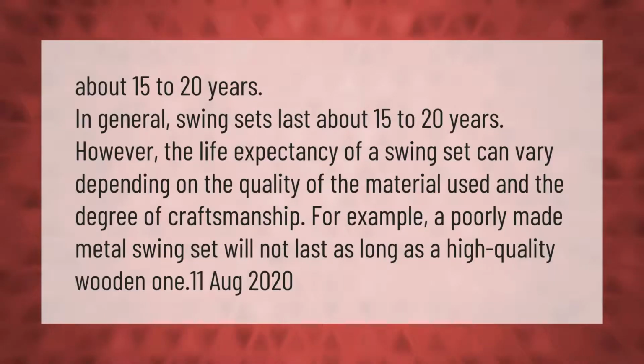About 15 to 20 years. In general, swing sets last about 15 to 20 years. However, the life expectancy of a swing set can vary depending on the quality of the material used and the degree of craftsmanship. For example, a poorly made metal swing set will not last as long as a high-quality wooden